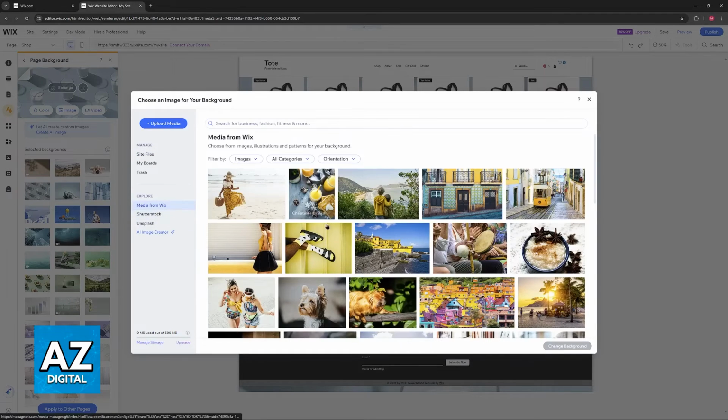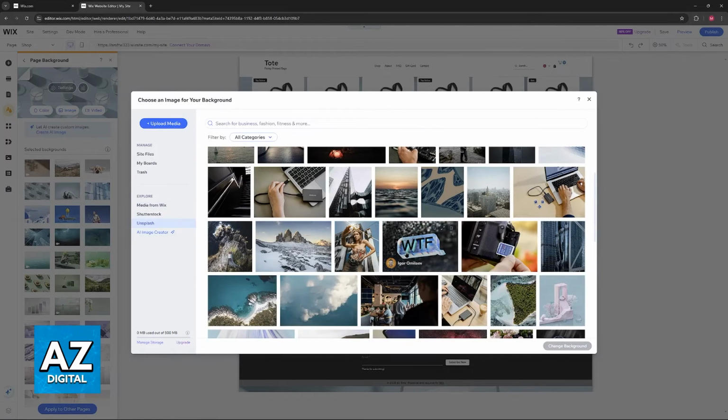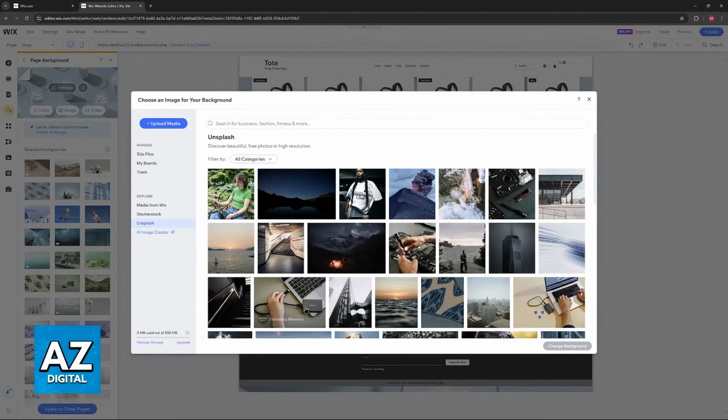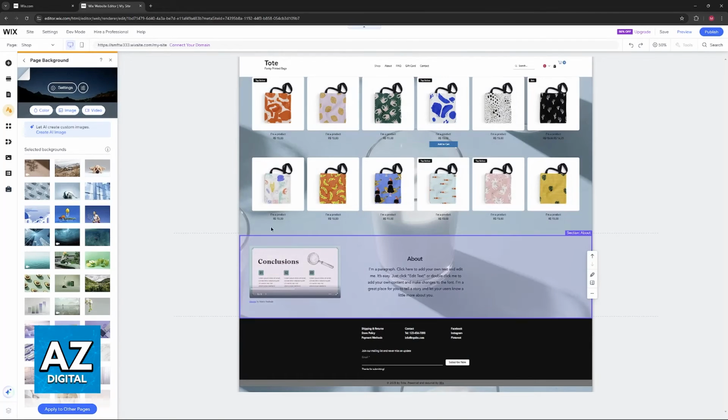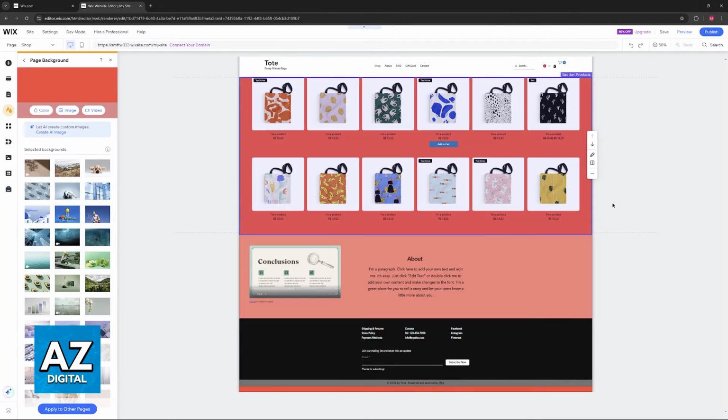You can also explore medias from other websites and services by using this option at the left, and everything, like I said, should be reflected immediately upon choosing any of these options here, and you can assign them to different pages. It is super simple to do, and Wix offers a lot in the way of customization and managing different pages. I hope I was able to help you on how to add background image in Wix.